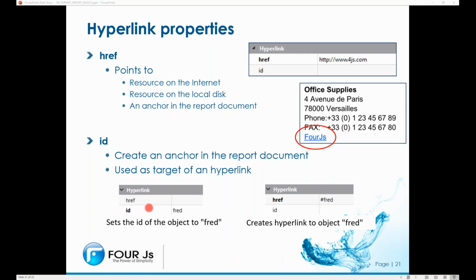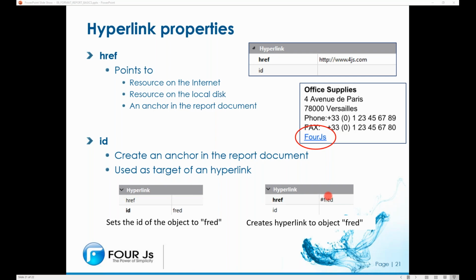One is you go to the object you want to link to, and under its hyperlink properties, you're going to give it an ID. So in this case, I gave it the ID of Fred. So I have my hyperlink ID set up on an object, and that hyperlink ID is Fred. I then go into the object that I want to make the link itself, and inside of its href, I use this hashtag, and I follow it by the hyperlink ID that I defined in the object I want to